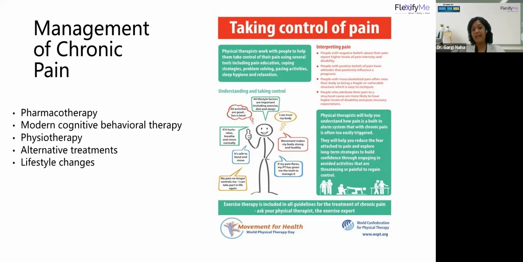Now, why are lifestyle changes so important when we talk about chronic pain? If you remember, we spoke about central sensitization, where chronic pain is basically adopted by our brain as a part of the family, as a part of the body. Now, the brain has to unlearn it. We have to slowly make our brain wean off that chronic pain. How we do that is, A, we are definitely treating the pathophysiology, the real reason, the root cause of our pain. But at the same time, we have to counsel our brain also.